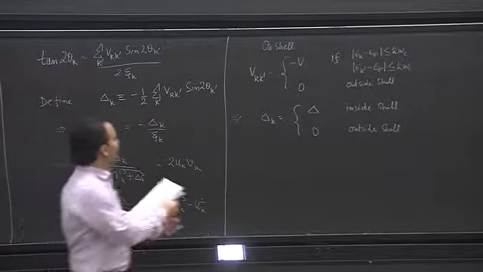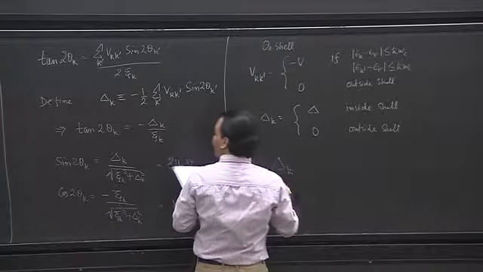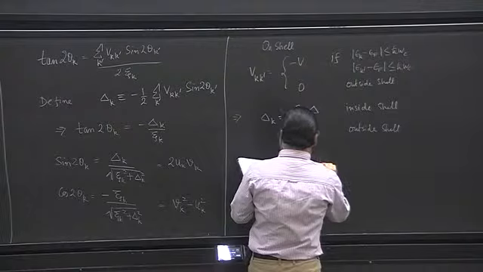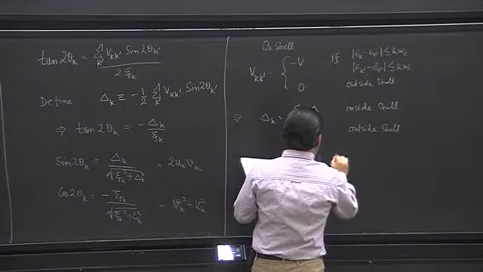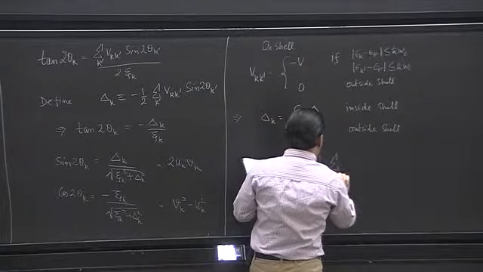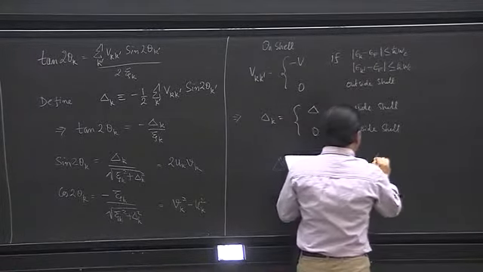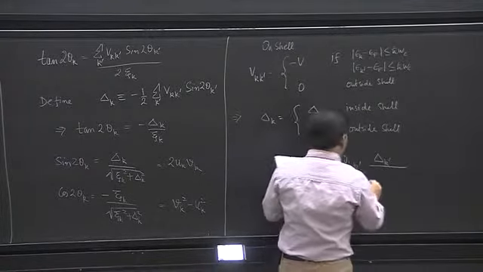So the equation we have is delta k is equal to minus half sum over k prime Vkk prime delta k prime over